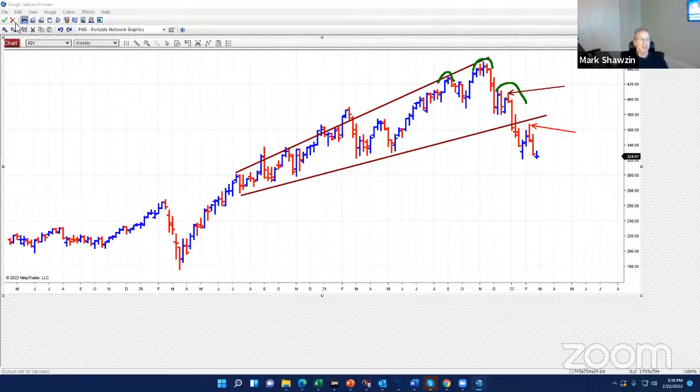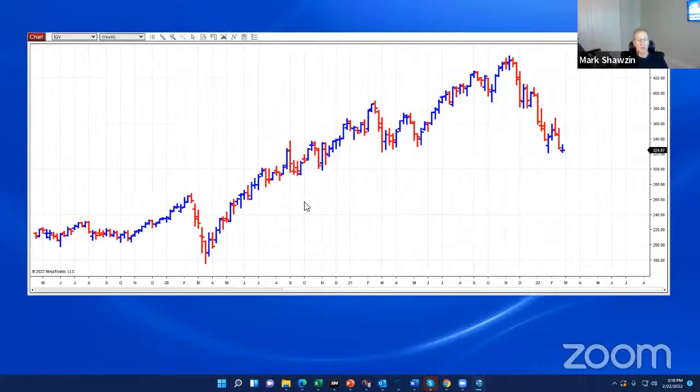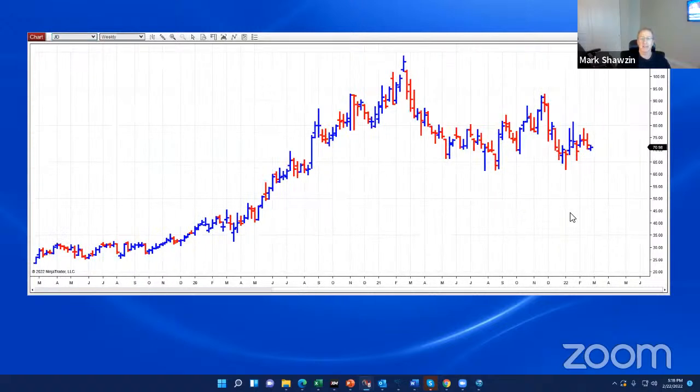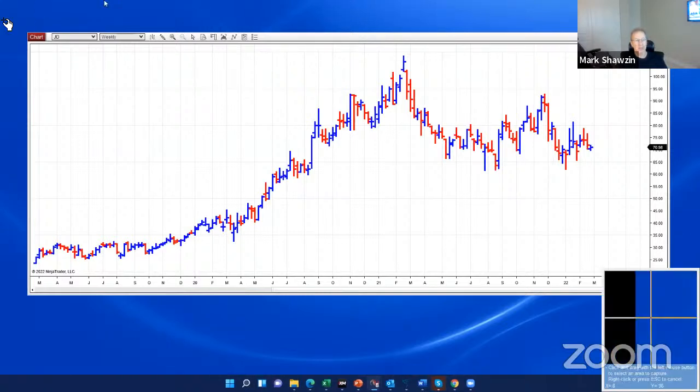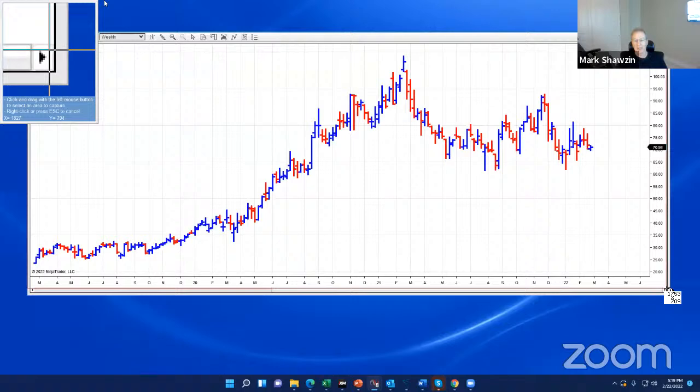So I mentioned that I bought some JD and some BABA calls. Look, this was just a shot. Sometimes I just play around, but I'll take an educated shot. So this is the JD chart on the weekly time frame. Now, JD is very complicated. And really, when something's complicated, it's better not to do it. You should just wait until it kind of tells you what it wants to do. Because I could make a case for this thing going up. I could make a case for it going down.